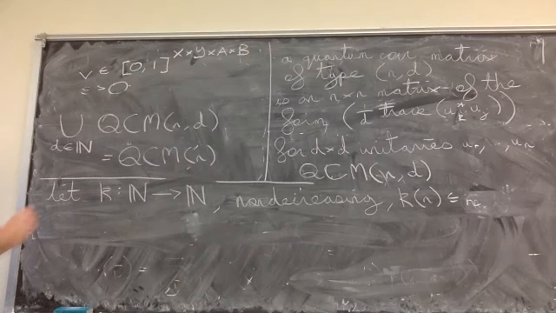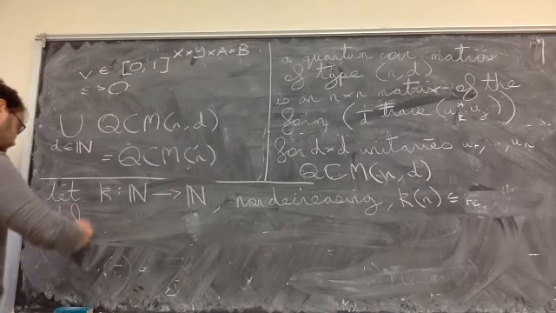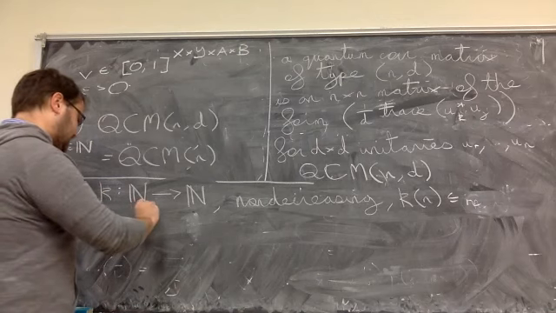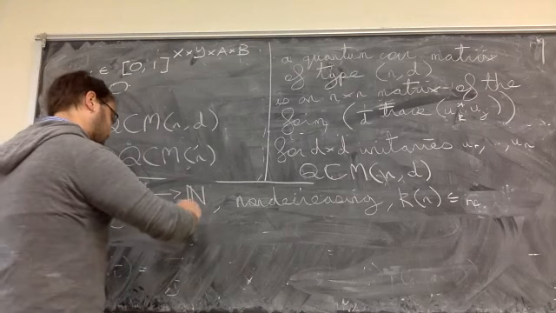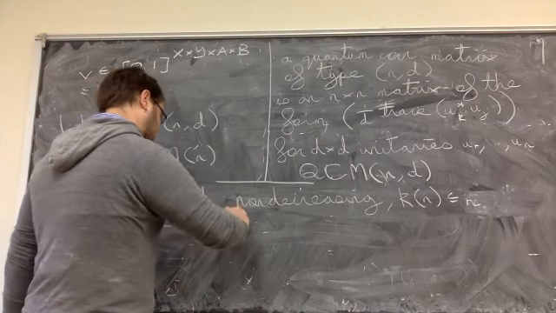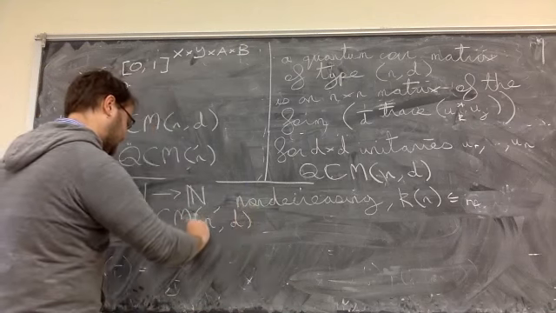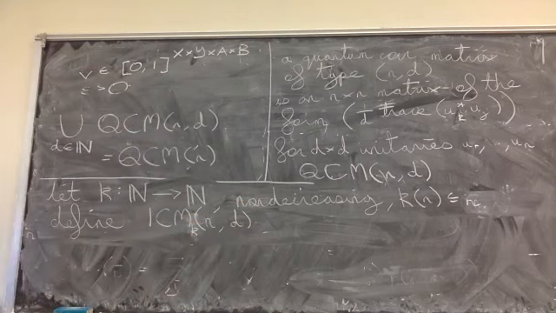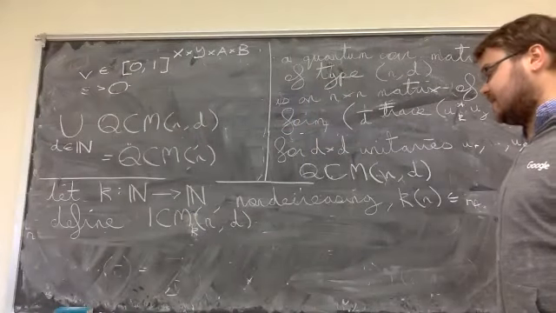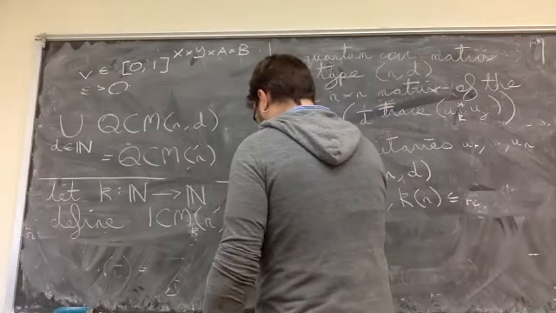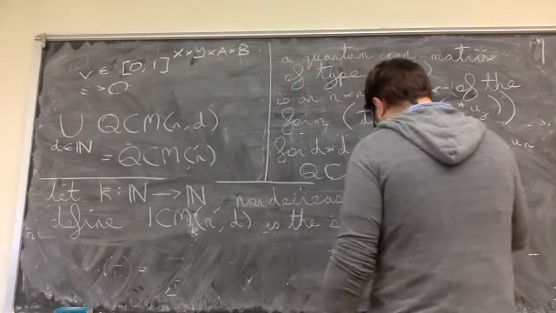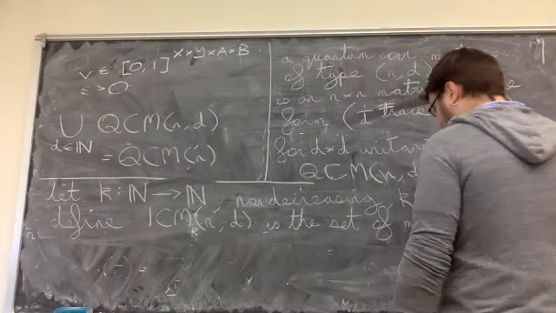So we can say we're going to define a set, maybe let's call it intermediate correlation matrices of type n, d, and then this is going to depend on this thing k. And so what we're going to do with these intermediate correlation matrices is we're going to say this is the set of matrices